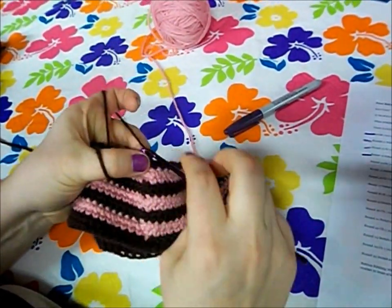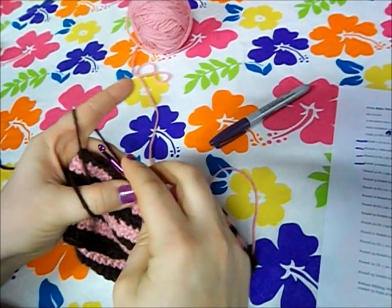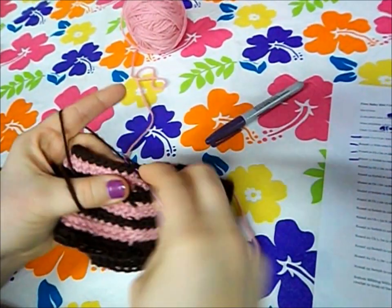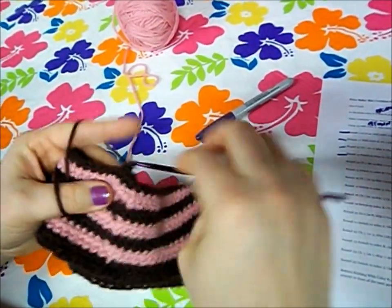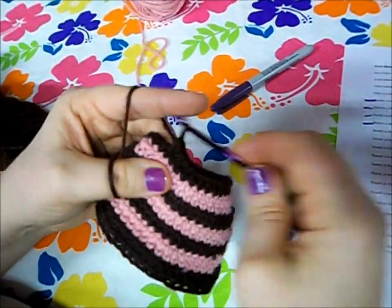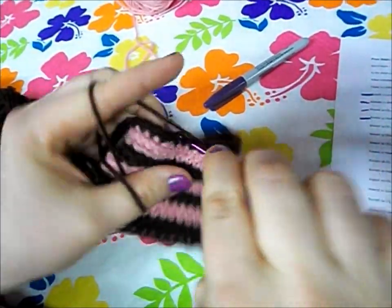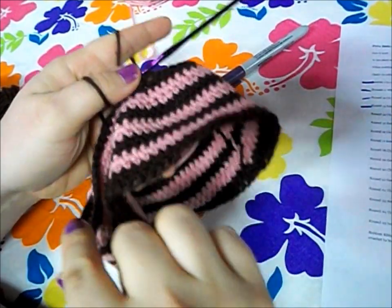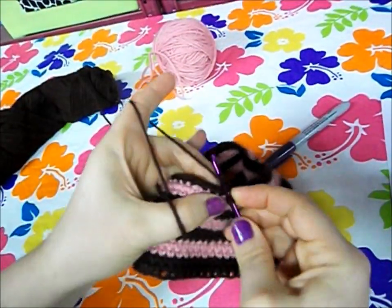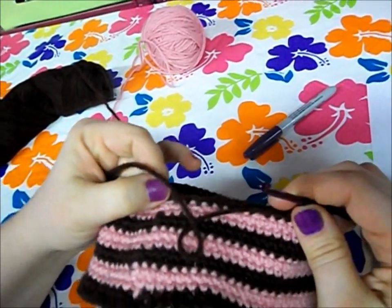All right, chain 1, and we're going to do 15 single crochets in a row, and then skip 1 and do 15 again. We're going to do that 3 total times for that. So 1, 2, 3... 14, 15, skip this one, do the next one, and you're going to do 15, skip 1, do another 15, and then we'll be back. Okay, I just finished the third 15, skip 1, and I'm going to work 11 single crochets, 1, 2, all the way across, and then I'm going to join to the beginning here and switch to